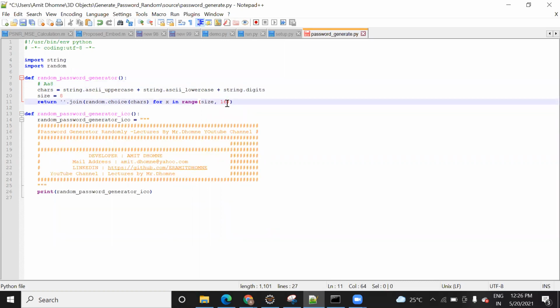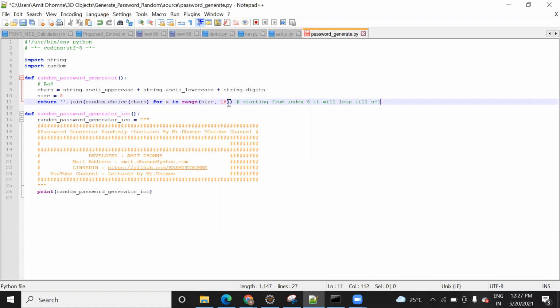So if you specify 16 here, it means that starting from index 8 it will run till n minus 1, that is index 15, and based on this, whatever indexes you are reading, this x variable will be assigned starting from the size value you initialize, 8, and it will run till 16, that is n minus 1, which is 15. So you are reading almost an 8 character password.